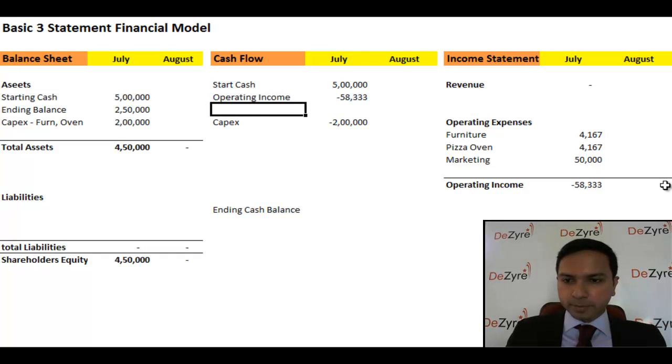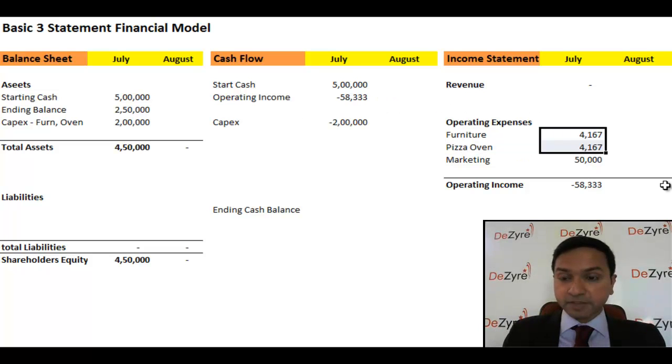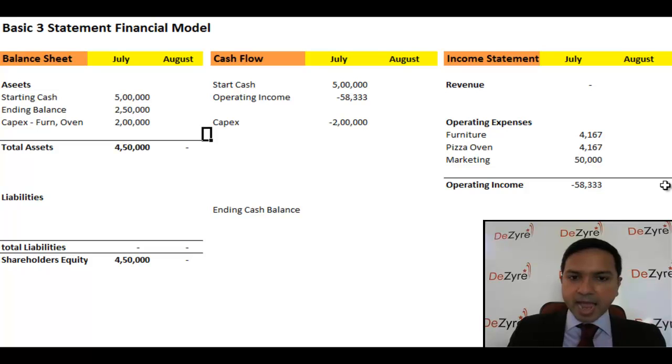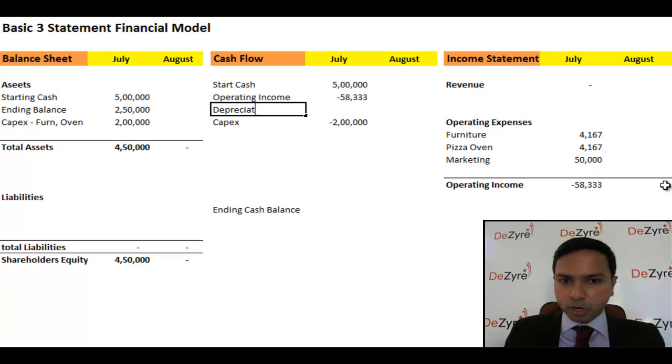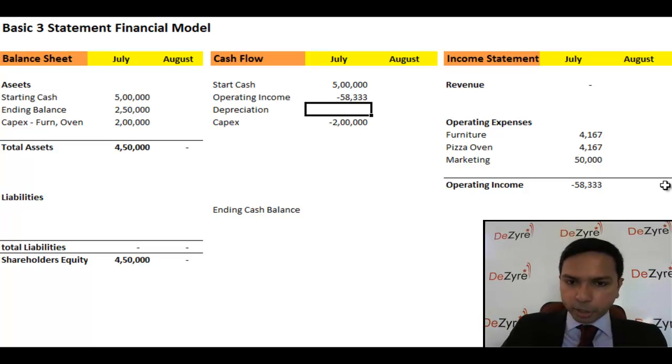Now on your income statement you have these 2 expenses, 4,167 and 4,167. Those are non-cash expenses because they are depreciation. You know, the cash is not being paid. This is just the residual value that's being depreciated. So you're going to go back here and add a line in the cash flow statement called depreciation, and you're going to